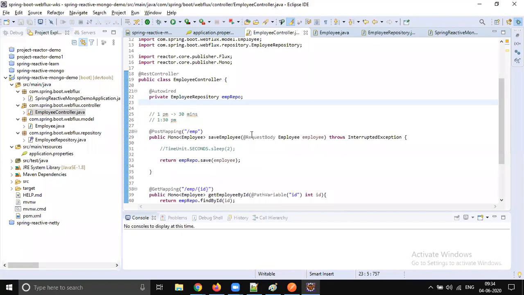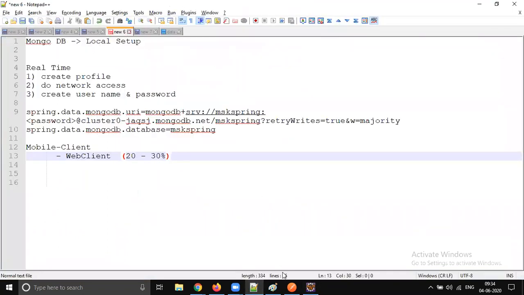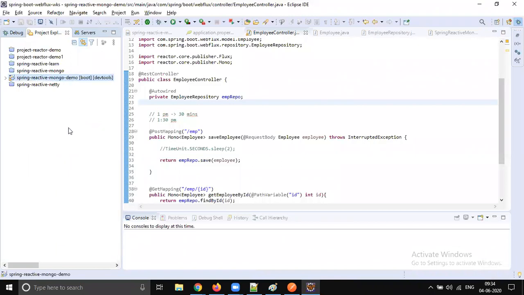Tomorrow I will create one more microservice to fetch some more data from this database, MongoDB. So I request you to create one MongoDB cloud instance and connect to it using this application. I will push this code into GitHub and share the link with you.